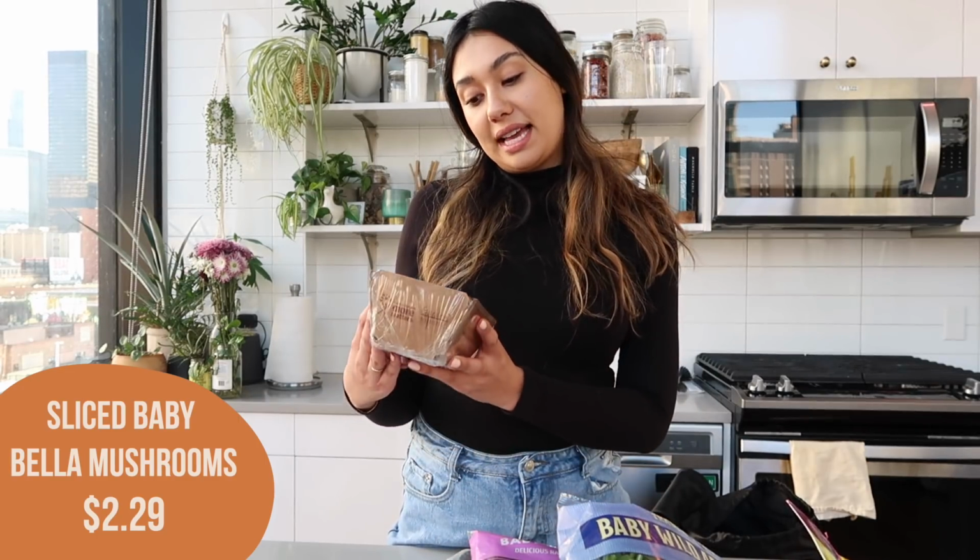So if you don't know me, I used to hate mushrooms, the bane of my existence. Hated mushrooms. Like, don't want to smell them, don't want to look at them, hated them. I don't know what's happened, but in the last year probably, I have fallen in love with mushrooms. They're my favorite. Mushroom pizza is officially my favorite type of pizza, I think. I just wanted mushrooms. I don't really have a plan for them, but I got a thing of the sliced